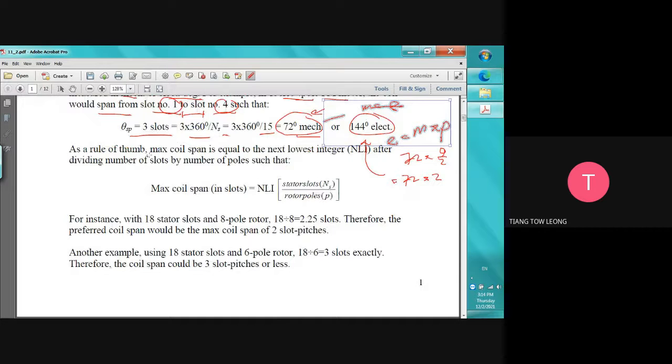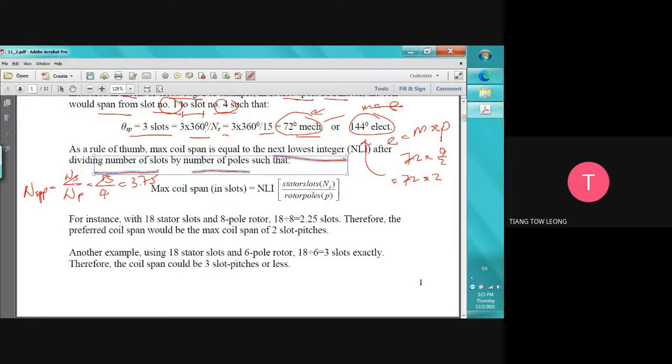As a rule of thumb, the maximum coil span is equal to the next lower integer after dividing the number of slots by the number of poles. If you still remember the basic motor sizing calculation, the first thing we calculate is the number of slots per pole, which is the number of slots divided by the number of poles. Let's say this is 15 slots, 4 poles. So how much is the value? Calculate that. 15 divided by 4, how much? Give me some value. 3.75. So the next lowest integer level,